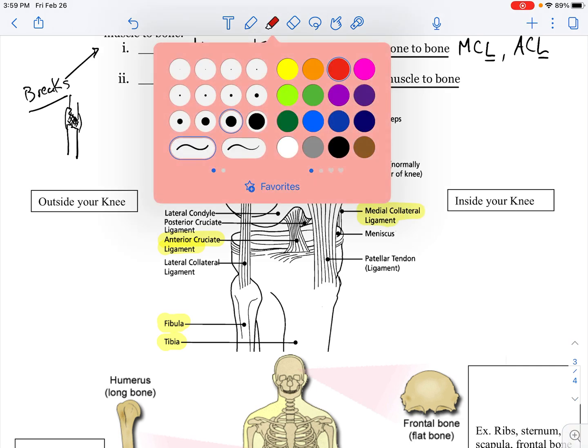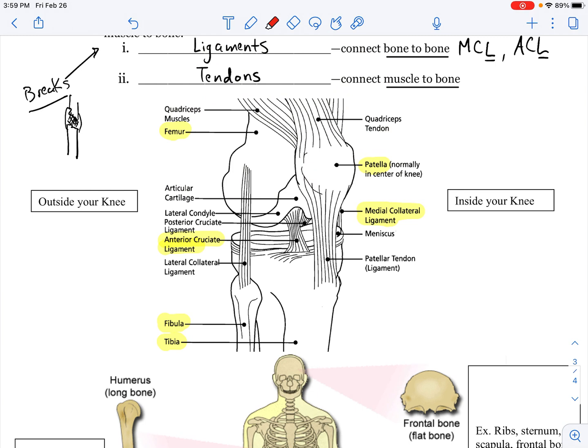And I'm going to highlight in a different color where they are. The ACL is right here. It's toward the front of the femur and the tibia, holding them together. And the MCL, barely visible here, is on the inside of your knee, again holding the tibia and the femur together. And any blow to the leg,